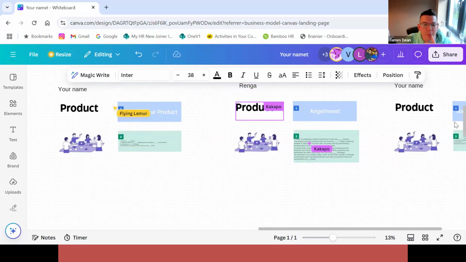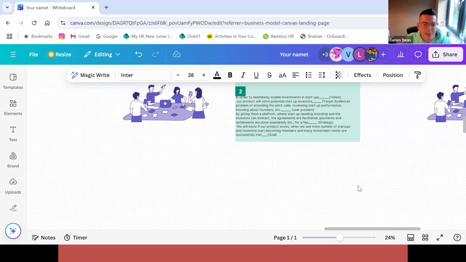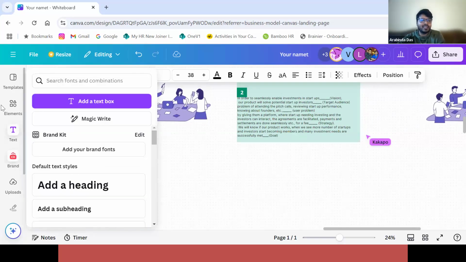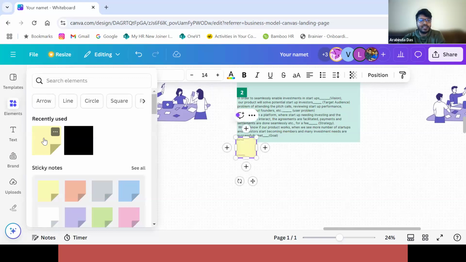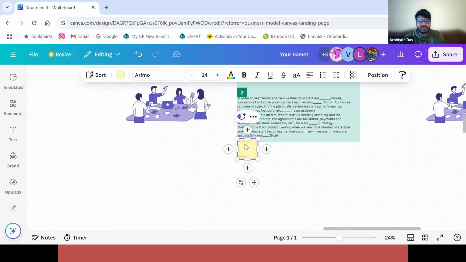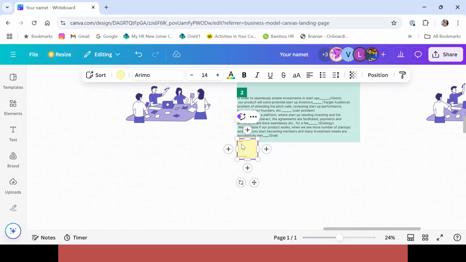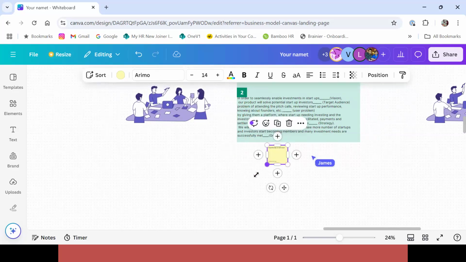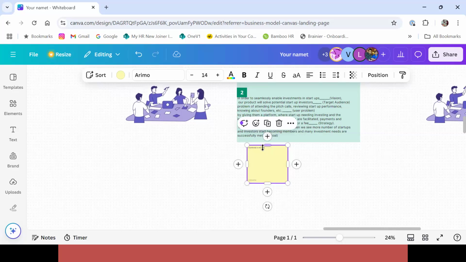I guess "seamlessly" can be quite ambiguous, so I would clarify what that actually means. Right, perfect. Okay, let's see. Seamlessly. My intention of writing that word is that today we have a lot of platforms where we invest in stocks. Probably the Indians will know about ICICI Direct or Zerodha or something like that. Probably for the Westerners, what is that? I am not able to get the names. Sorry, guys.